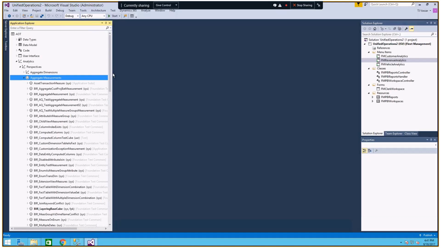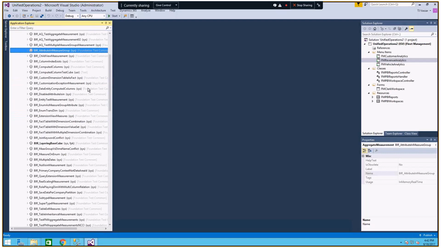And for those that are familiar with AX 2012, you could sort of start with the image of what cubes were. Cubes were your own semantic model of the AX transactional data. And to be honest, for those of you coming from AX 2012, we actually upgrade your cubes and convert them into aggregate measurements just to help you in the transition process. So if you've defined a cube, it's very likely that after your code migration, it's going to show up here